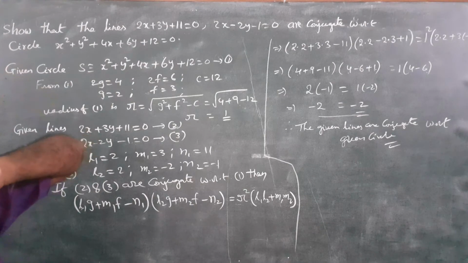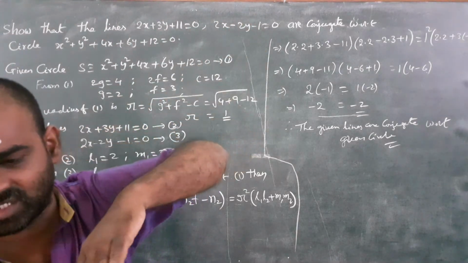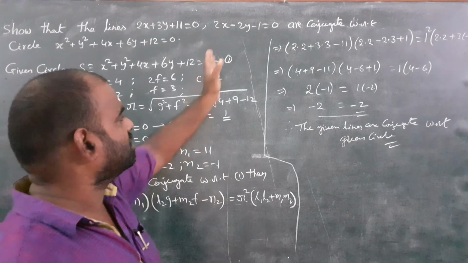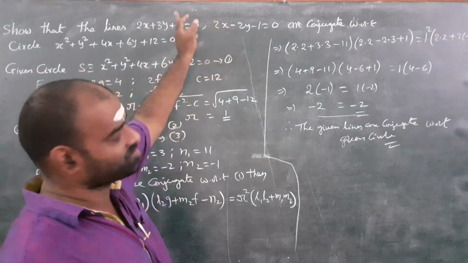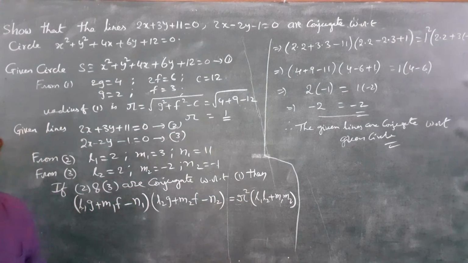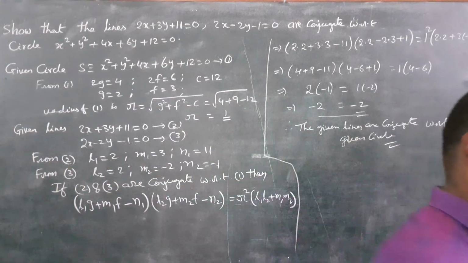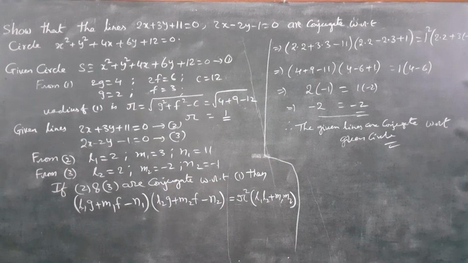Then after getting the pole, you substitute that pole in this line, then you get 0 equal to 0. That means this line passes through the pole of this line, then the two lines are said to be conjugate lines. Okay. In this conjugate model there is another problem also. I will take that model after noting this. So please note down.